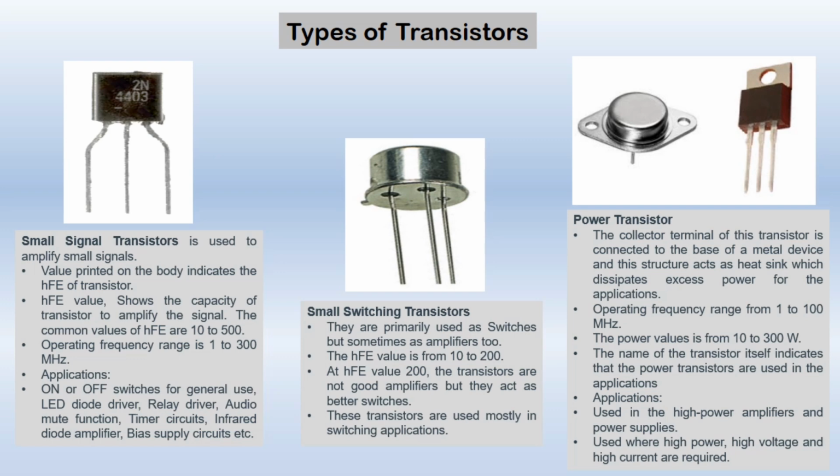Next we have the power transistor. As you can see, it is made up of metal and this casing is basically the collector of the transistor. So it is used as a heat sink to dissipate the excessive heat generated by the transistor. The operating frequency range of this transistor is from 1 to 100 megahertz and it can handle power of 10 watt